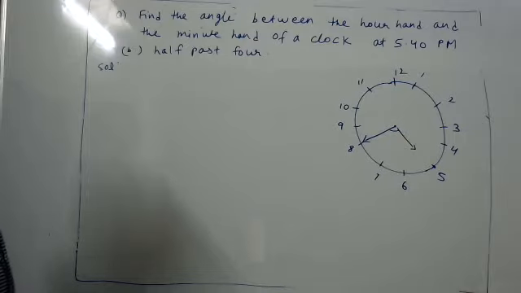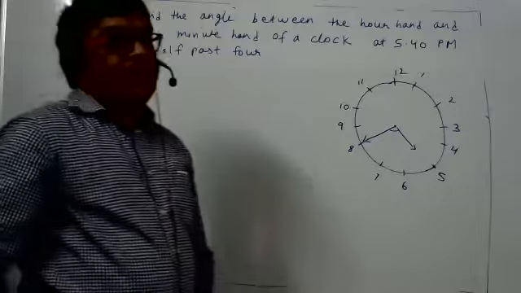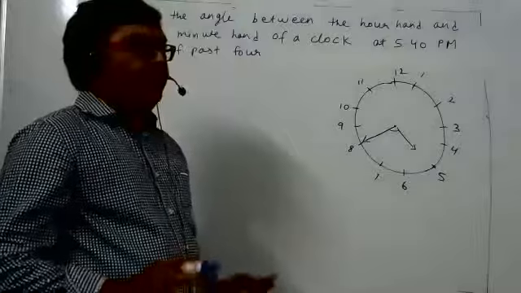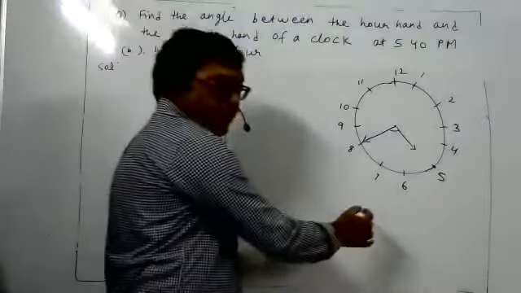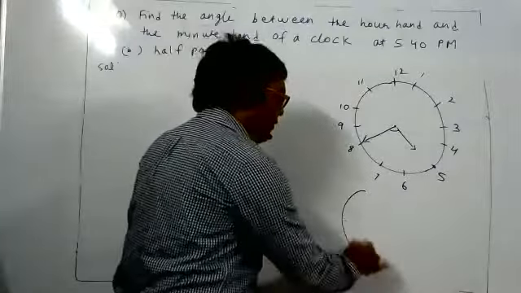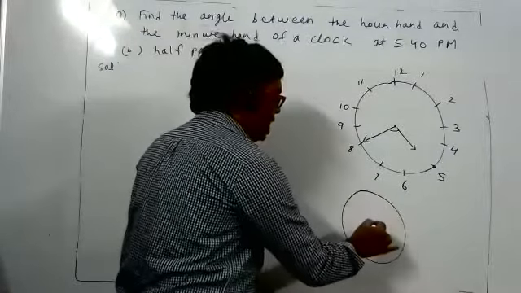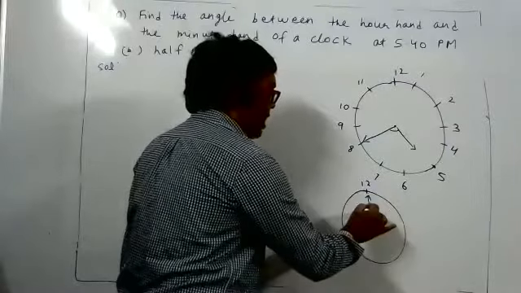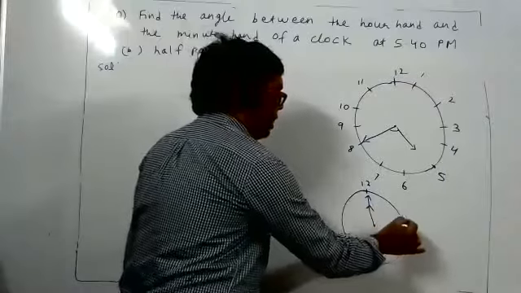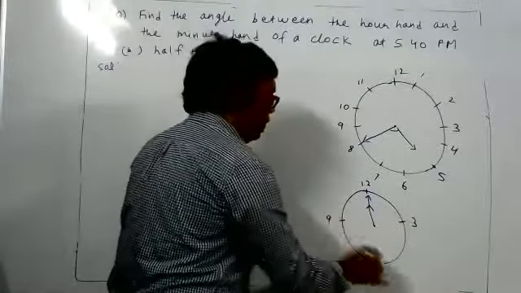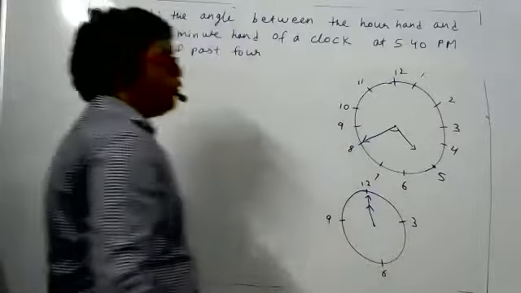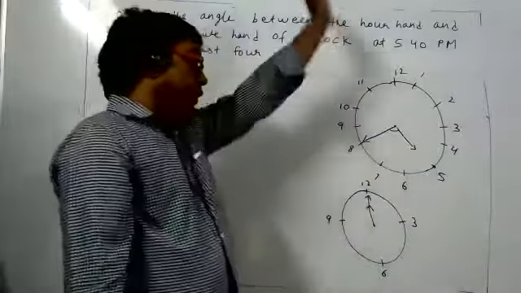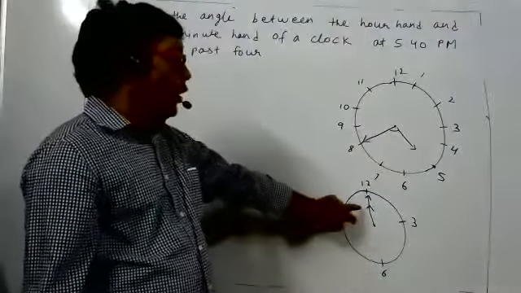Yes, sir. Student, whatever time is given in the question, you don't worry. You consider for some time that the time is 12 o'clock. I will draw here. Both the hands, minute hand as well as hour hand, are on 12. Assume this for some time to do this type of sum easily. But that is not our question. We want the angle between the hands when it is 5:40.